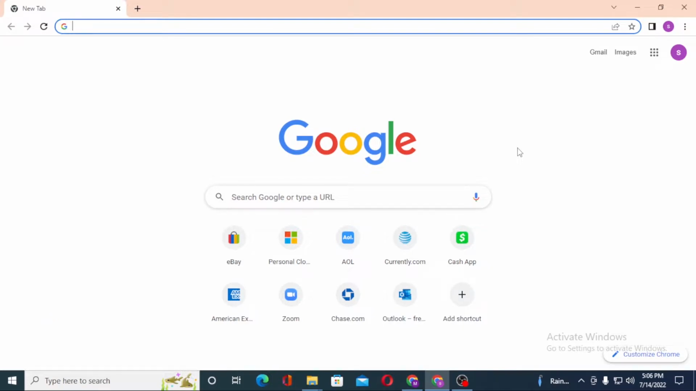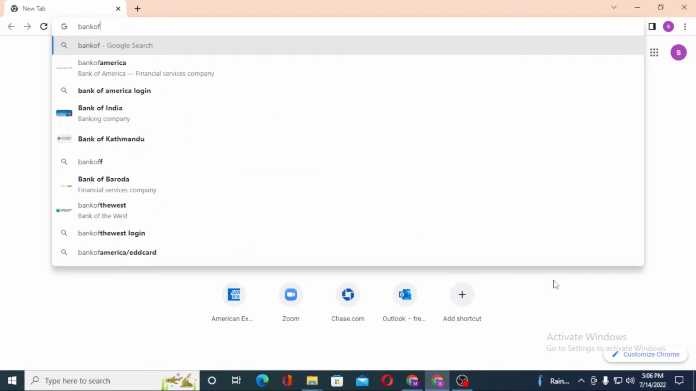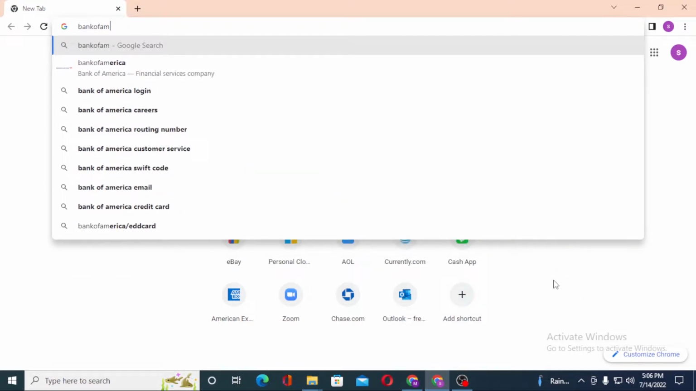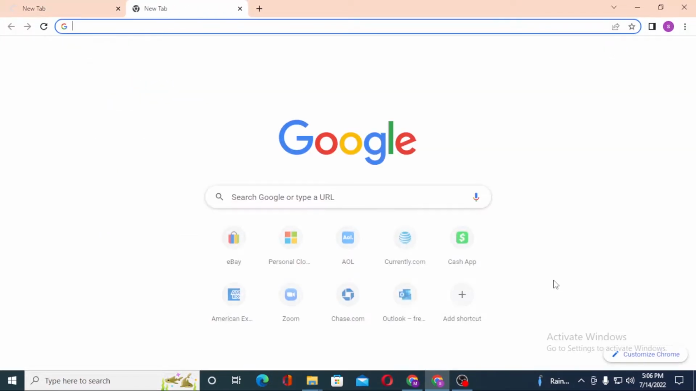Now to log into your Bank of America account from your computer, first open up your preferred browser, as I have already opened the Google Chrome. And on the search bar, click over there and type in Bank of America.com like this and hit enter, or you can just simply search for Bank